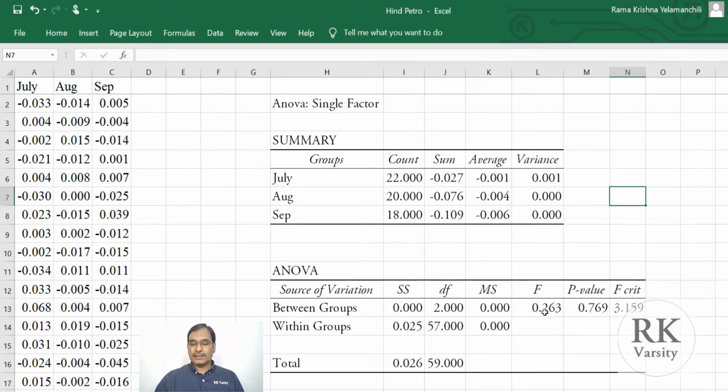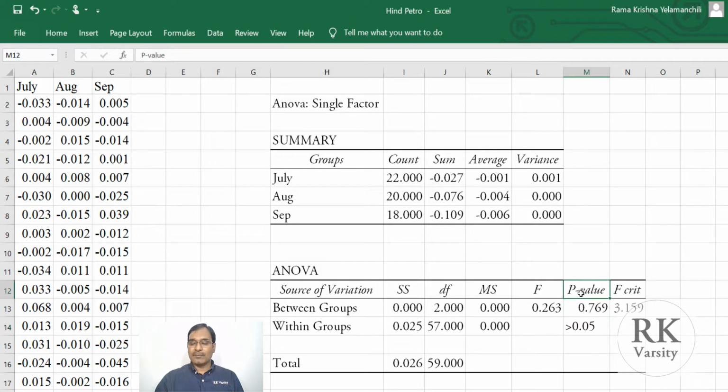Now for the analysis of variance, you have to look at the p-value first. The interpretation that we are going to make is, if the p-value is greater than 0.05, that is our significance level, then we accept the null hypothesis. In the sense, the mean returns for the months of July, August and September are same.